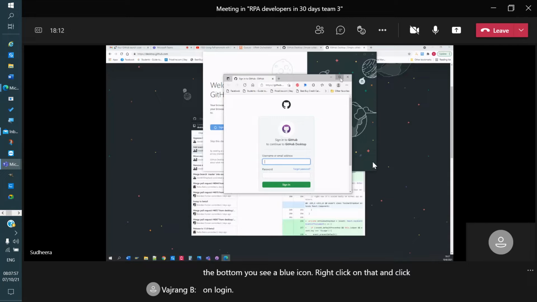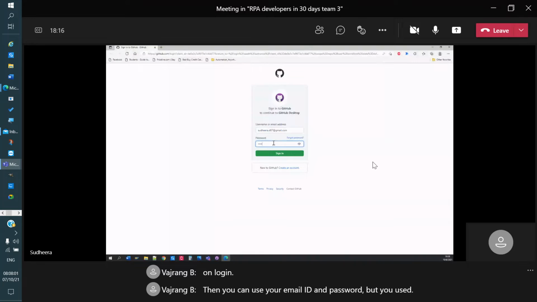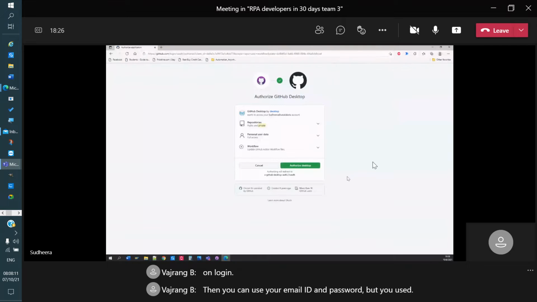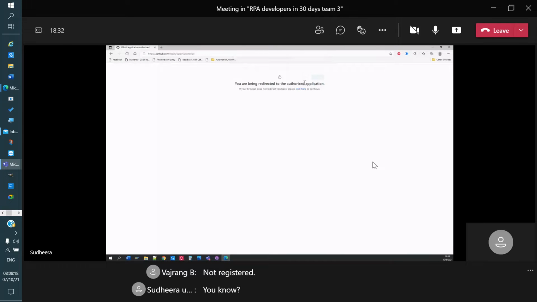Use the email ID and password that you used. Authorize desktop. Yeah, always allow.